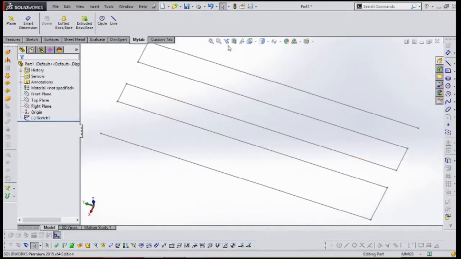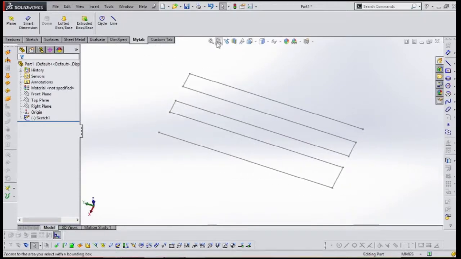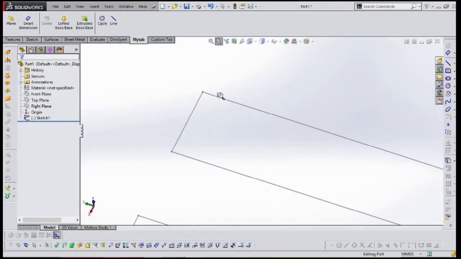In this window we have different options like zoom to fit, zoom to a particular area, section view, different views, and different material and appearance applications.